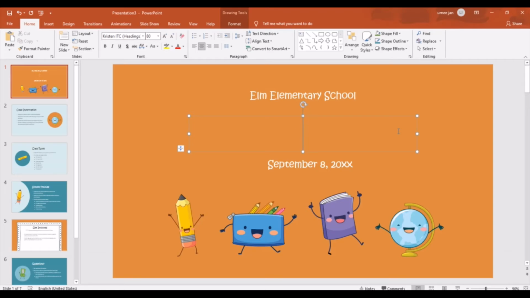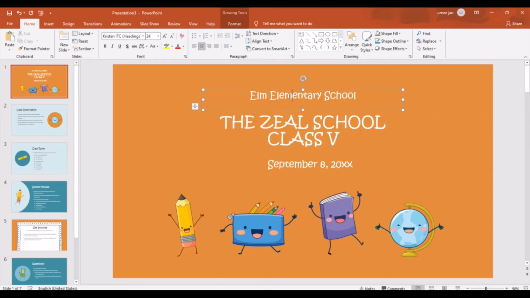I'm going to write the Zeal School, and then class 5. And if I don't want these tags, I can remove them by erasing them like this.